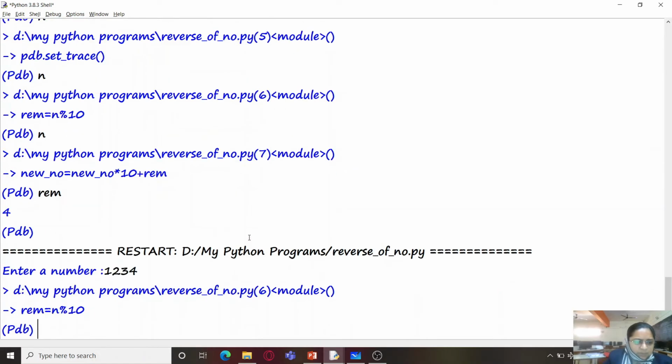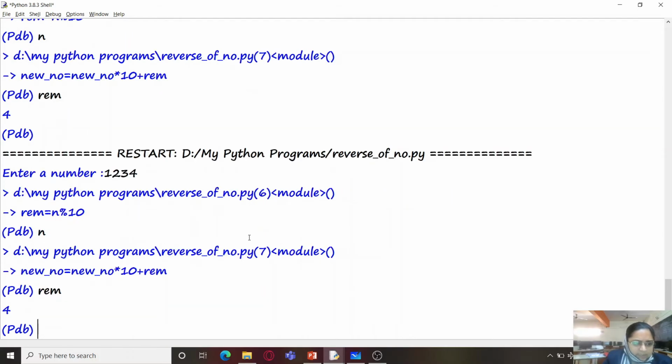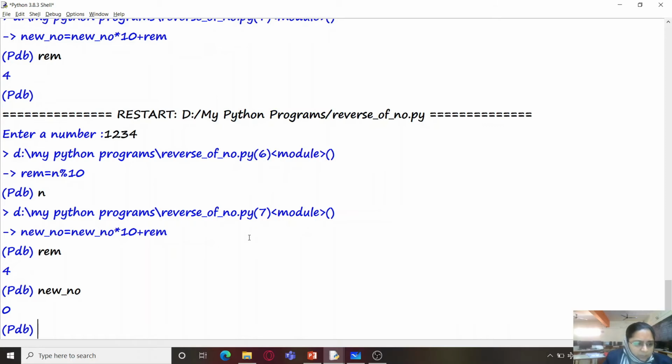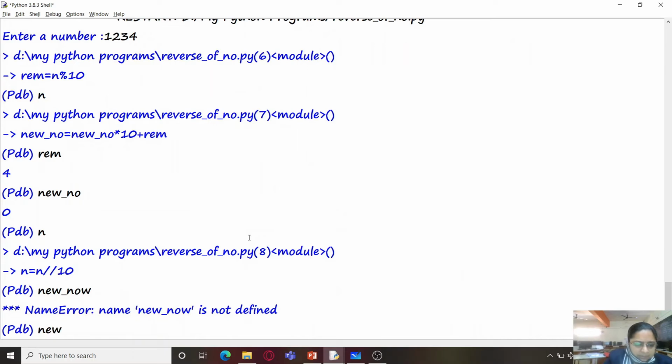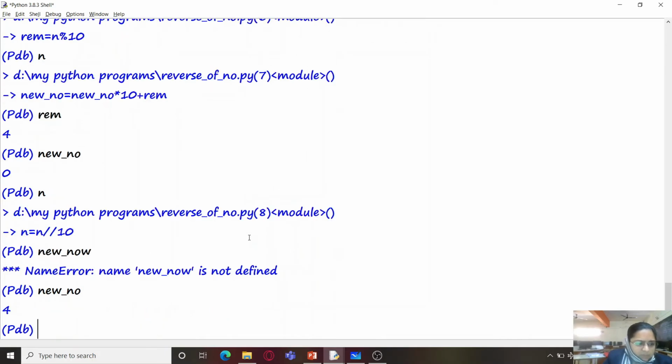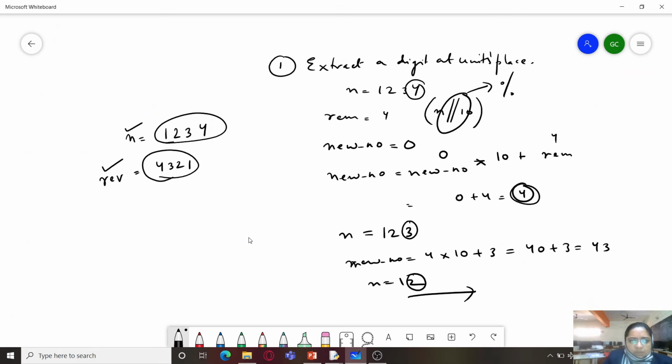Enter the value 1234. Let's try remainder. Yes, it's 4. New number, it is 0. So new number is 0 right now. So we will run the next statement, and now we will see new number. So new number is 4, as per our very first iteration over here.